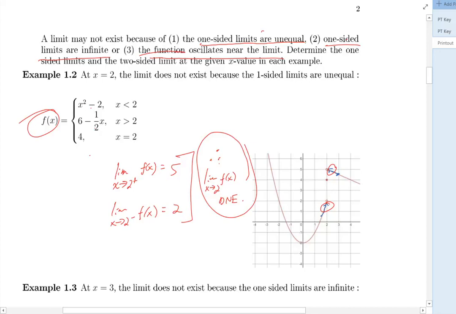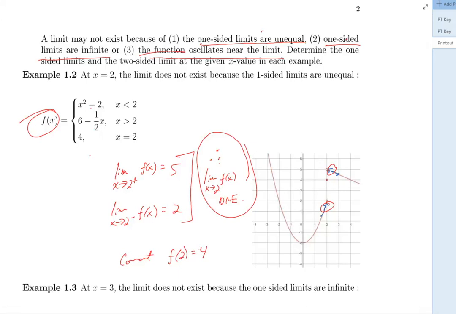first reason. Okay? 4 would just be f of 2, right? Exactly. So, is a nice comment. I was actually going to include that, and that's great. You saw it coming yourself. If we don't write limit, but we just write f of 2, that's what the point is referring to. So, you don't write limits to get the point, you just write f of 2, and that's what the point